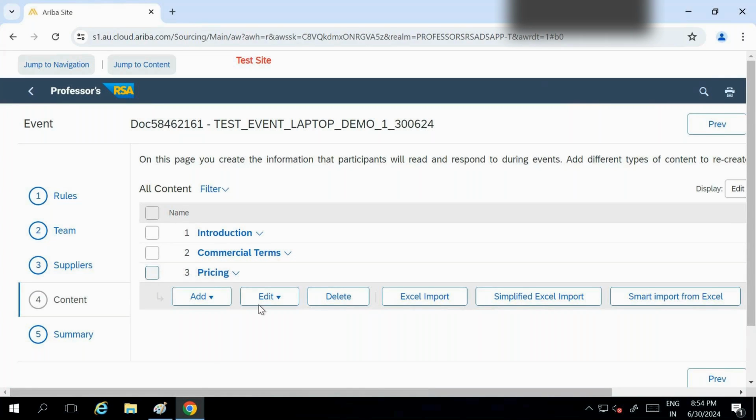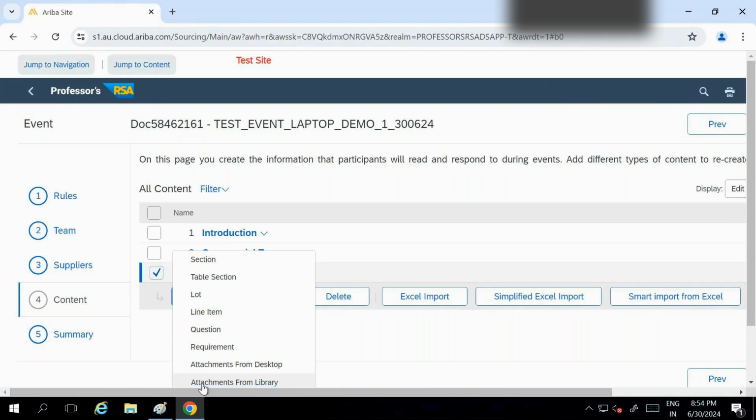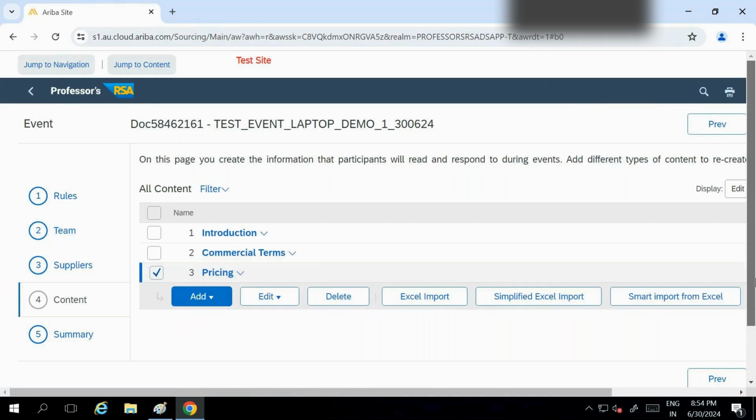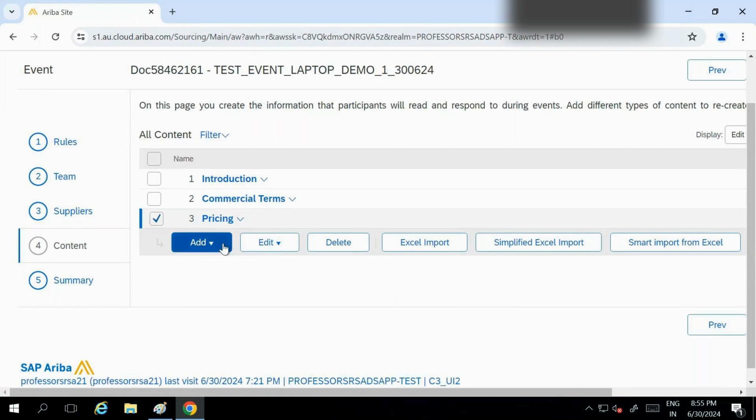Now let's create a pricing. What pricing line items? If you are creating a standalone event, that's why we are going to create a line item. Otherwise, if I am using an integrated system, then I'll go here, click on this pricing, and I will go, and there is one option. Oh, one second.